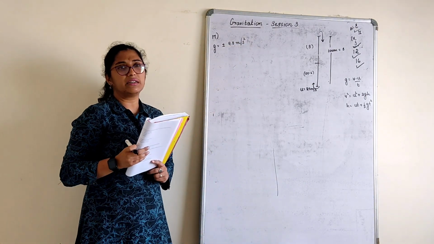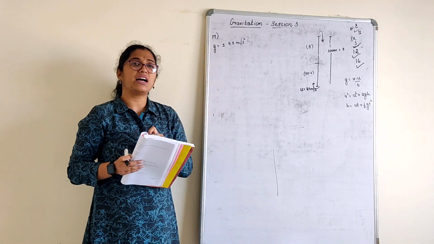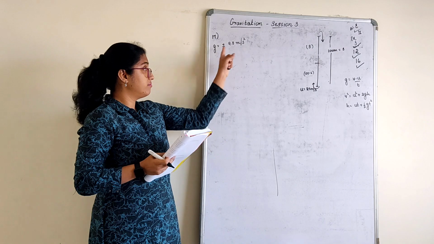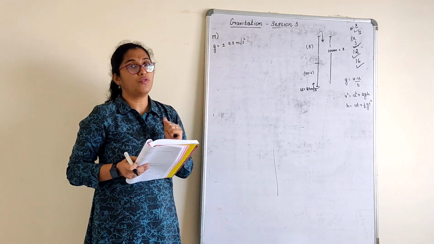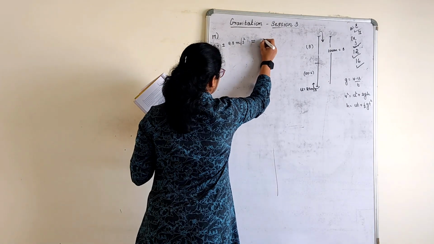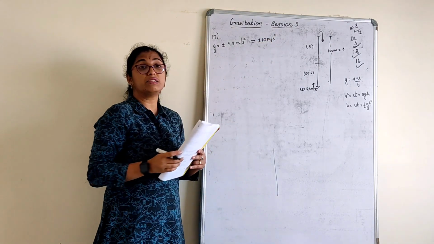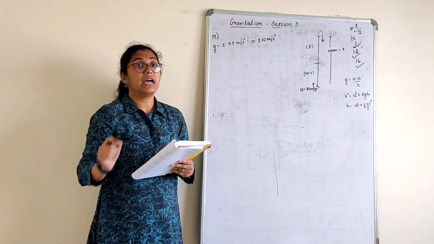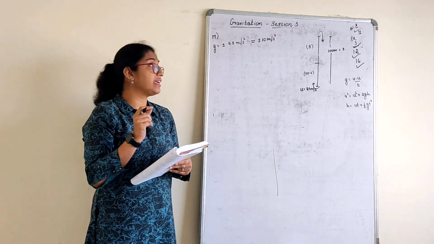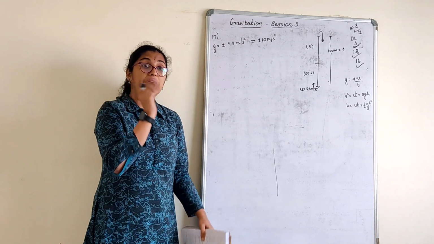Now the only thing here in this question is if I consider g as 9.8, I will get the answer in terms of decimal, right? If I take g as plus 10 or minus 10, answer will come in terms of whole number. For this sum, children, I suggest you to go for 10 meters per second square, plus or minus. Now you know when it is plus. In the downward direction it is plus and in the upward direction it is minus. Still in your school if your teacher tells no, you have to take, because none of the sums we assume g value as 10. We have to take as 9.8 unless they mention.